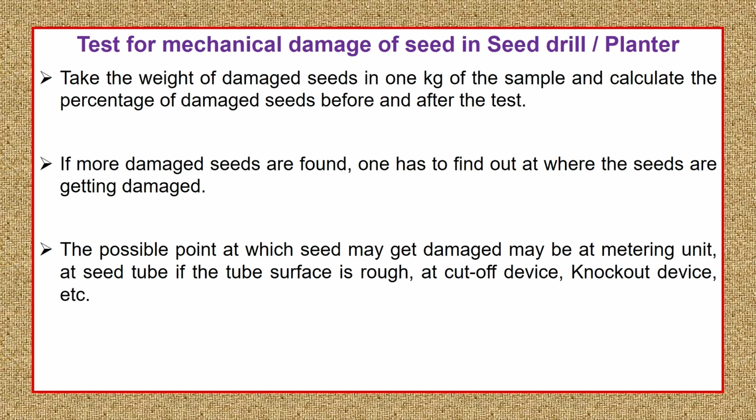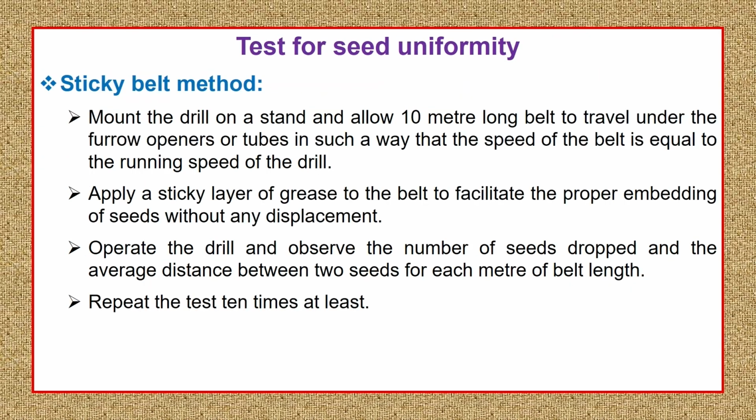So these are all the points in the seed drill where seed may get mechanically damaged. So how are we going to assess them? For that there are two methods. One is the sticky belt method, another one is the sand bed method. With the help of these methods, you can assess, determine or check the percentage of seed which is getting mechanically